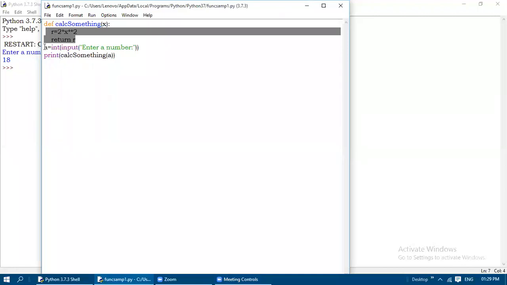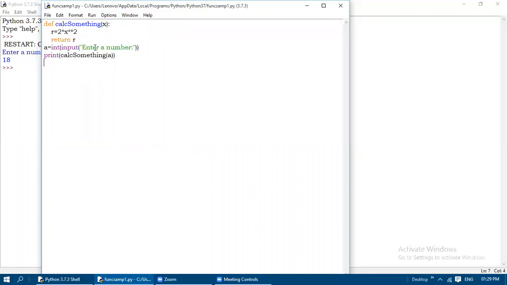The other two statements, if you look at them, are known as top level statements or main statements. So when we are executing this entire program, first the main statement, the first line only, is going to be executed, and then the second line, that is calc something, is called. Then the value we have got from the user, that is, enter a number. Whatever value we enter for a, that number is passed to this x. Then that x is substituted here, and we will get the result after it returns the value r.